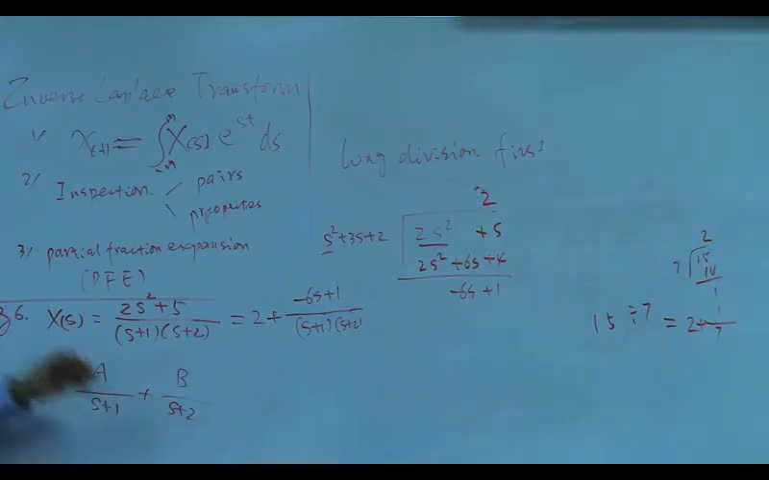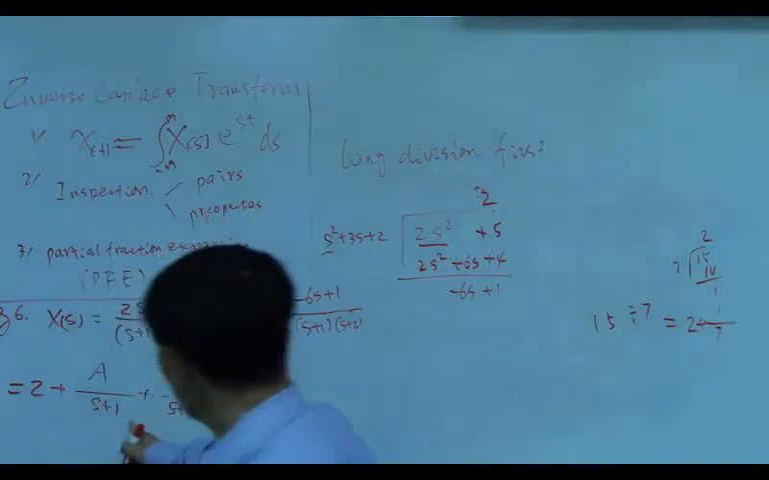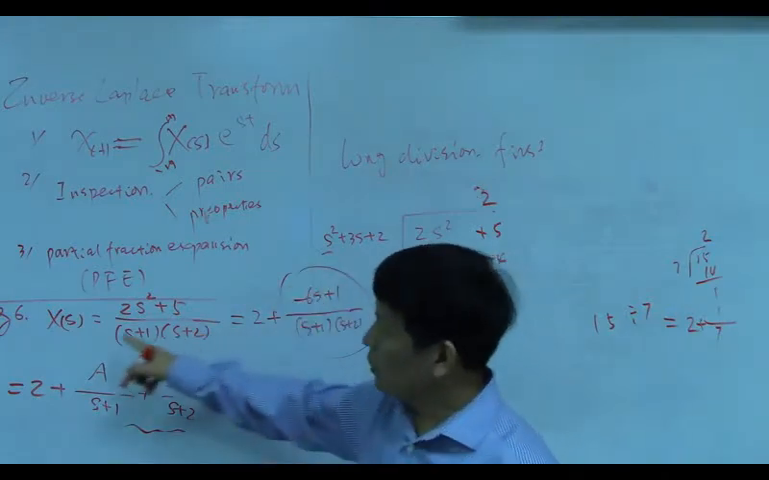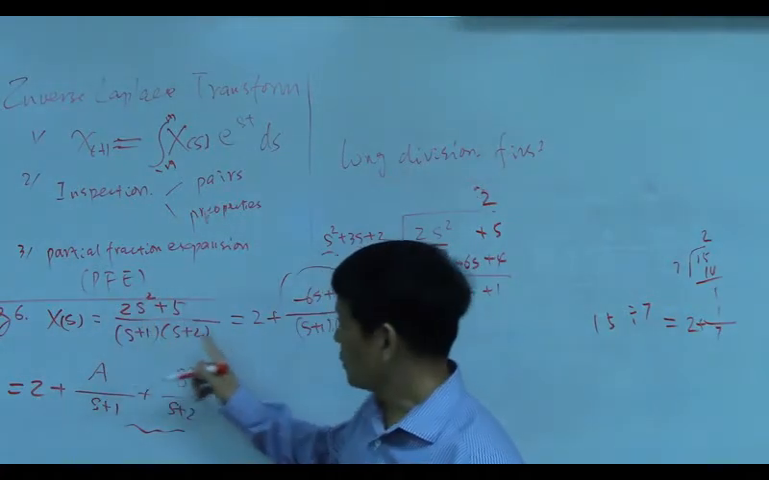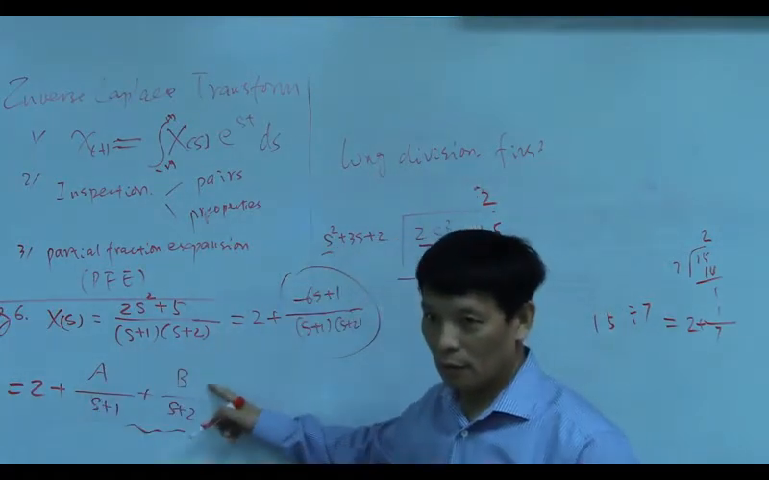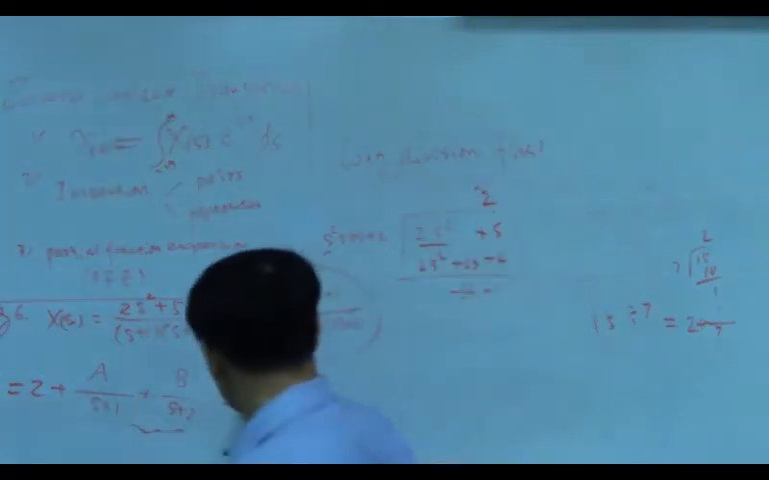Now we determine A and B by the method. So the result, you already know how to do this. Keep in mind this part here only worked for this one. We do not need to care about this part anymore, because this 2 is already here. So we only work on this part to decompose A and B. So this result equals 2 plus